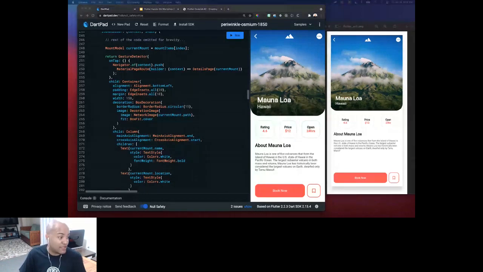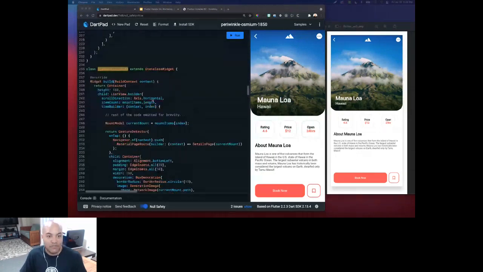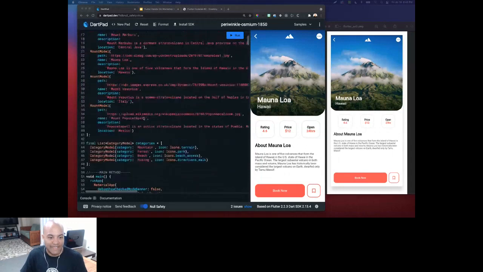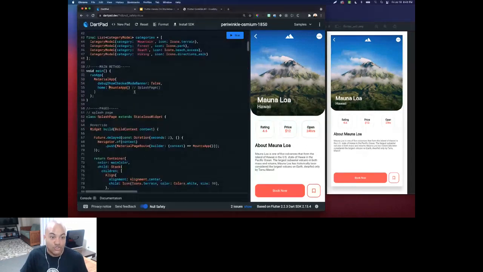Now, just to bring it all together and wrap up, all we're going to do, all the way at the end in step number 8, is replace, in the void main method, with the splash page. So now this brings it all together, and in two very interactive, useful sessions,